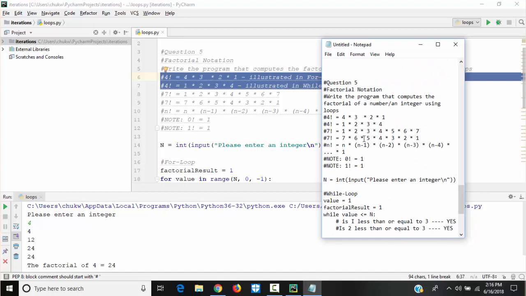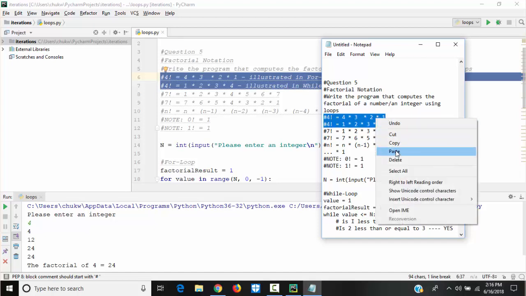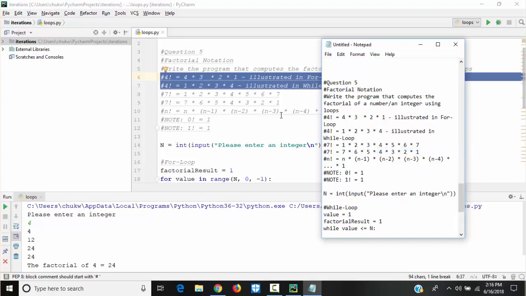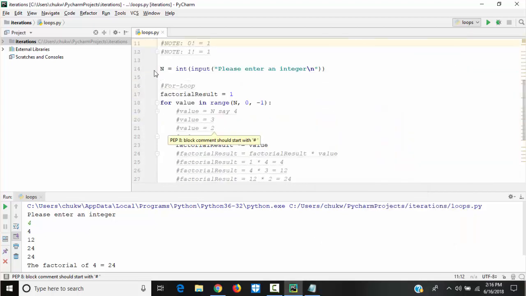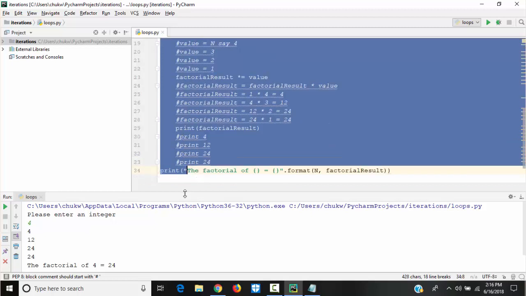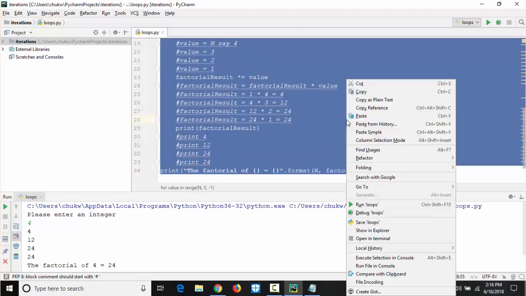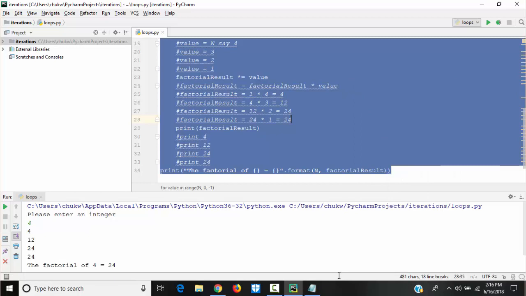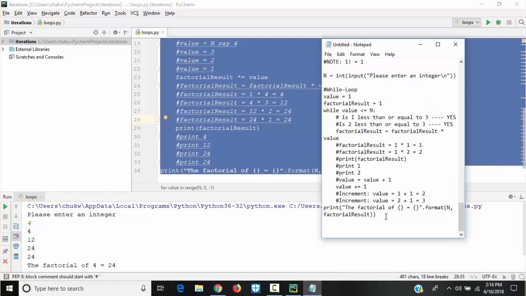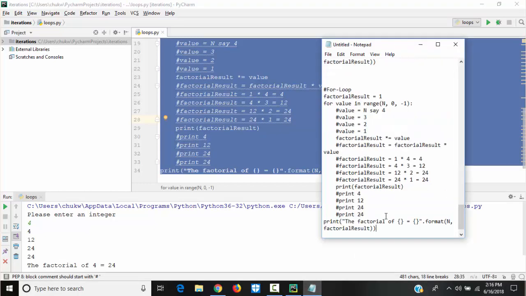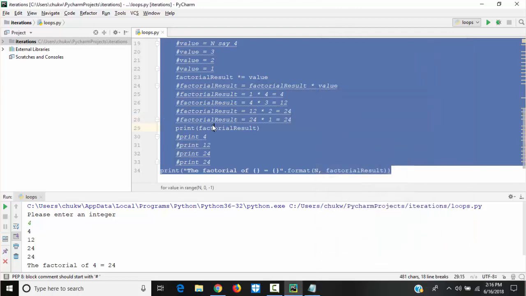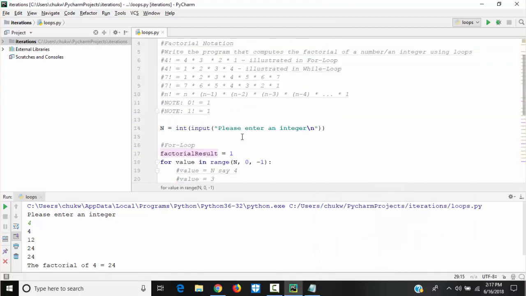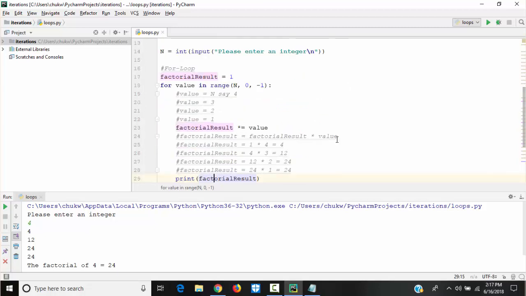Question 5. So we already pasted it here. 4, 4. So I'll just do this here, paste, illustrated in for loop, and then I'll come here and this is the for loop. I'll copy it and paste it here for the for loop. It's good to have all these codes. Now, if you don't want to do all these anyway, the third way,